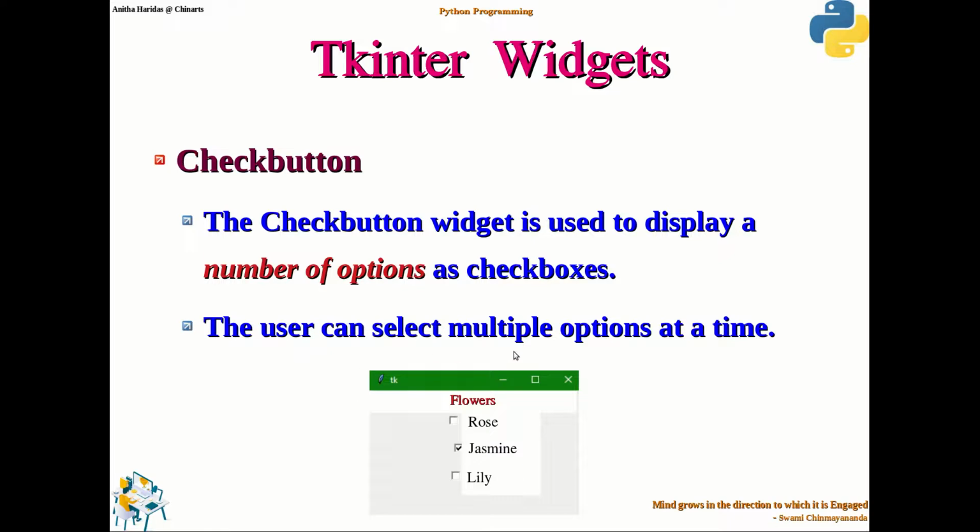So the user can select multiple options at a time. If he wants to select only one option, he can check only one, or if he wants more than one option, he can check all the check boxes, right? So that is the purpose of having the check button widget.